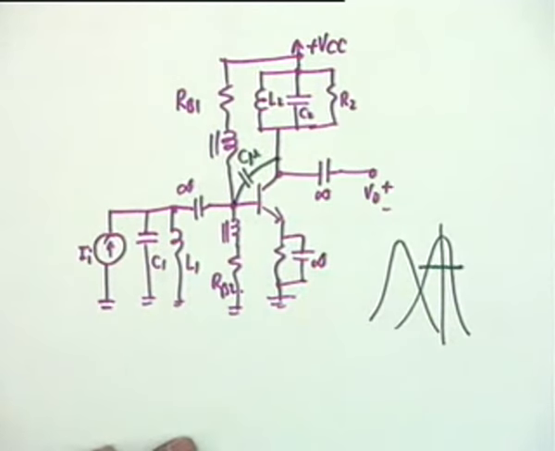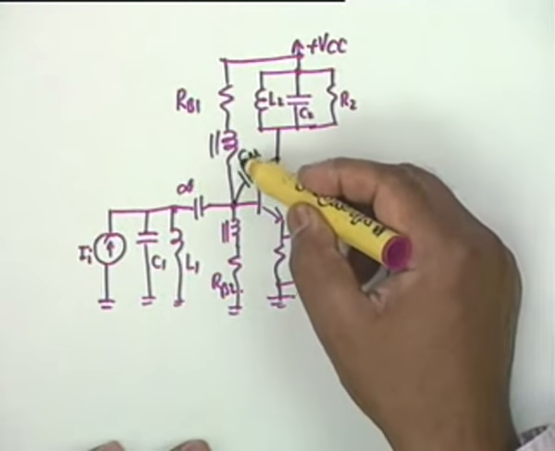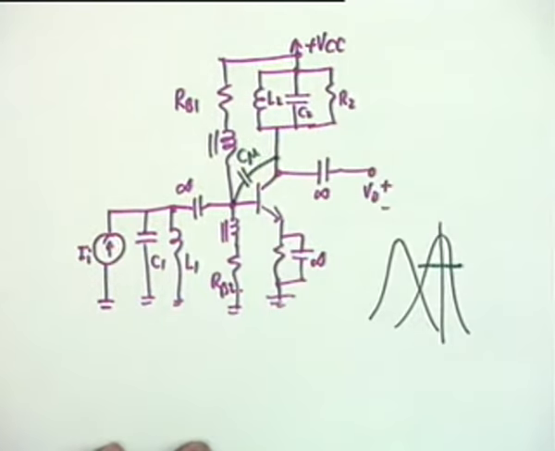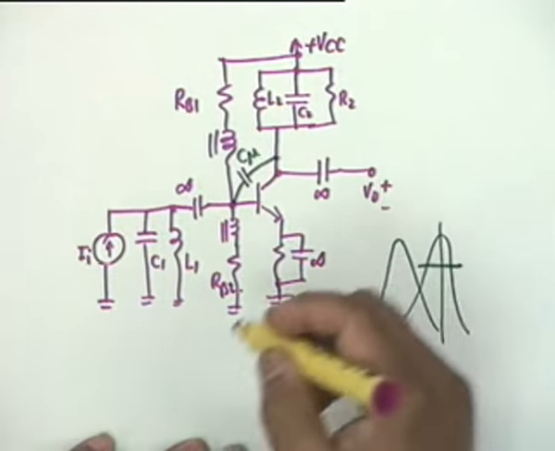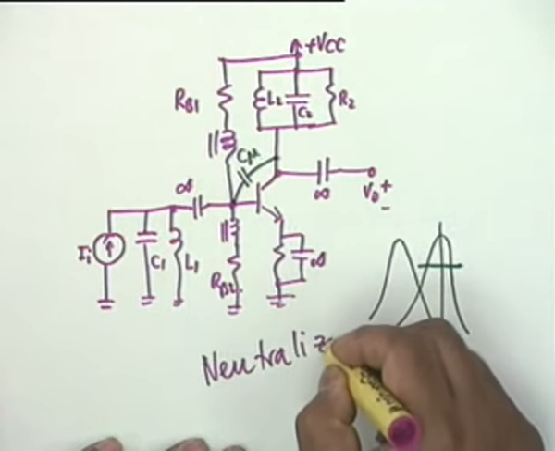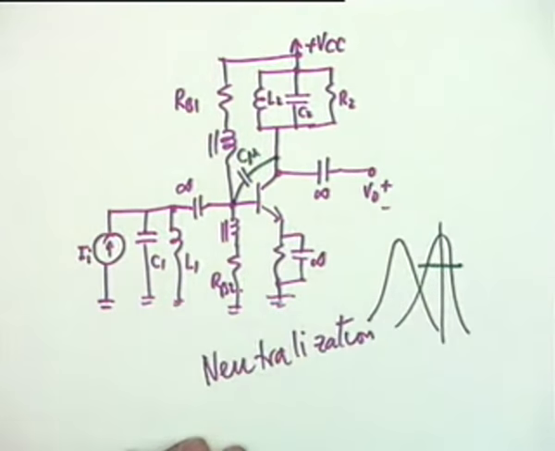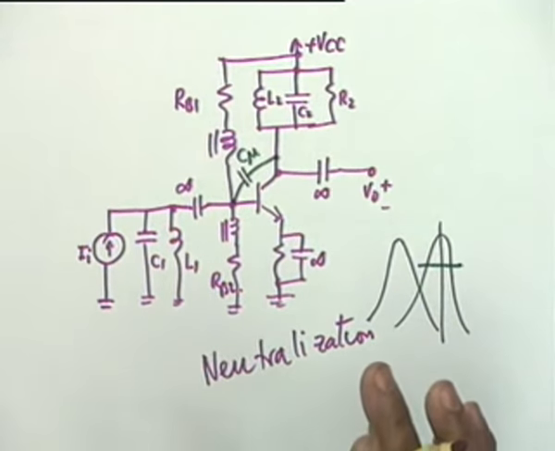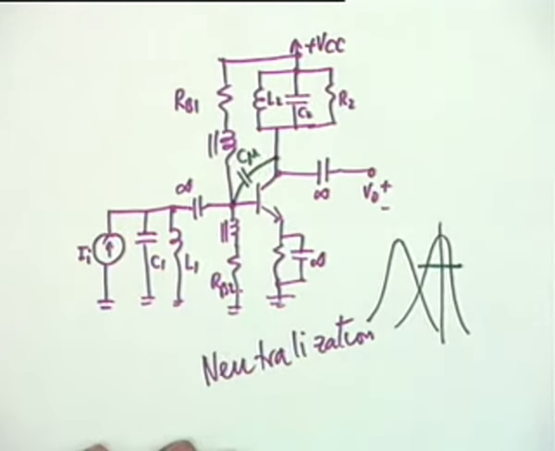and there is a lot of effort, which is RF design is much more difficult than audio design or low frequency design. Okay. So what one does is one tries to cancel the effect of C mu, and this process is what is known as neutralization. It is a standard practice in RF amplifiers. You have to make some efforts to neutralize the effect of C mu. Okay.